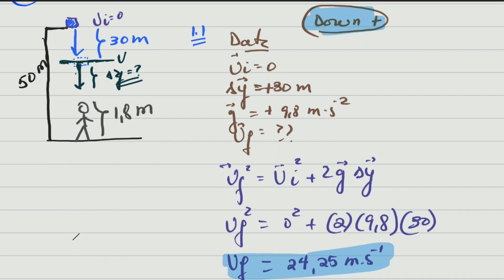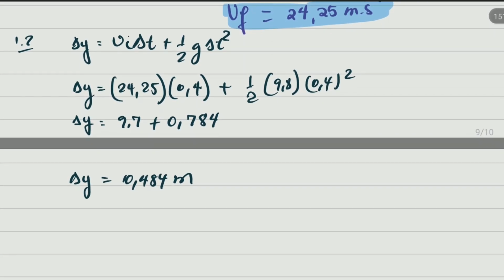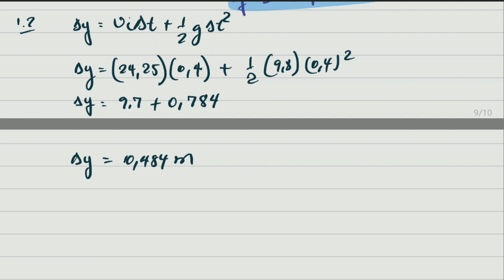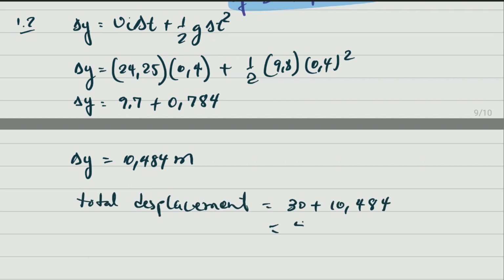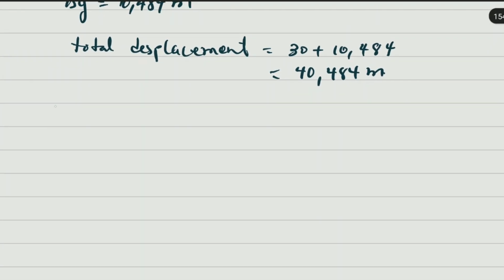So it will be 30 meters plus the 10,484. So the total displacement is 40,484 meters from top. So if we go to the picture, that means that the brick moved from top to